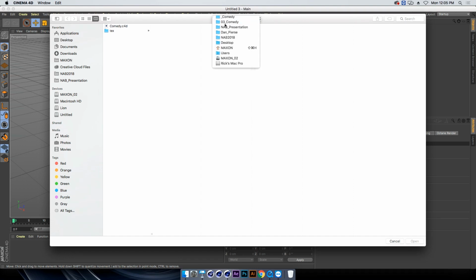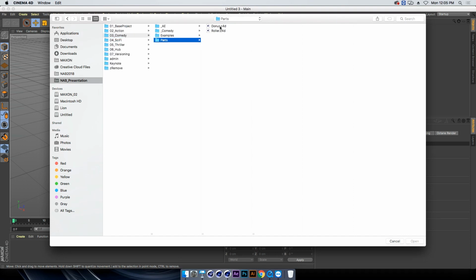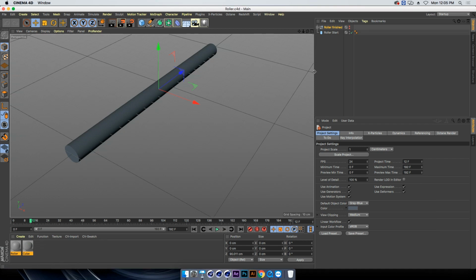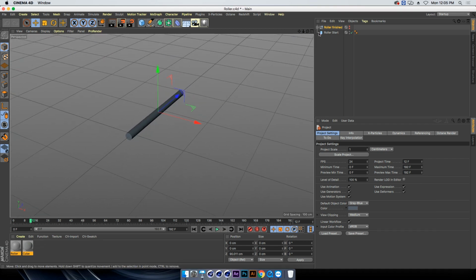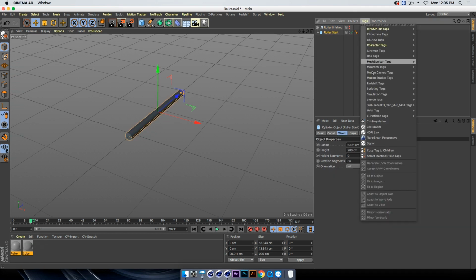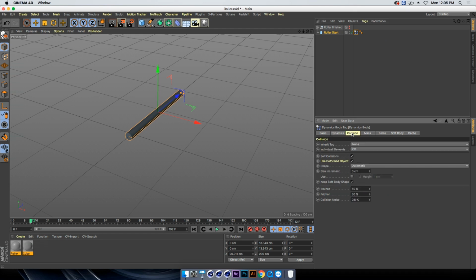All right, so let's just go into parts here. I've broken it down. So this roller. Essentially it's just this cylinder that I put on the side. And the first thing I want to do is make it dynamic. So again, rigid body. And then I'm going to take the bounce. You can tell I don't like the bounce, and I like a lot of friction. I want this to grab onto something, so I'm going to go full on the friction. So if I press play,